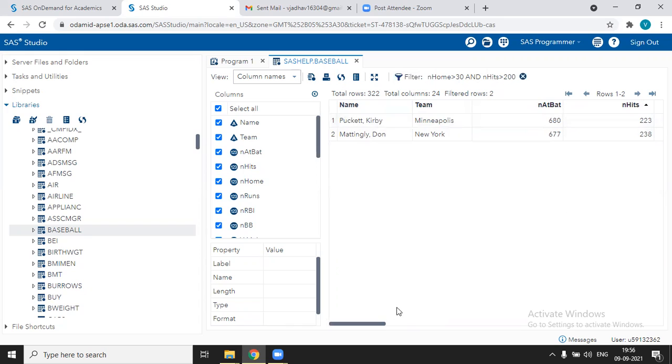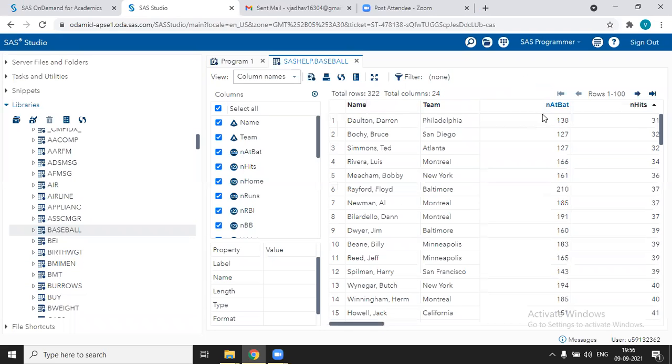And if you want to remove these filters, you just have to click this cross arrow in the filter option. At the top, you can see the filter you have created. If you want to remove it, you just have to click on the cross button. This is all about discrete values, where you can use greater than or less than.